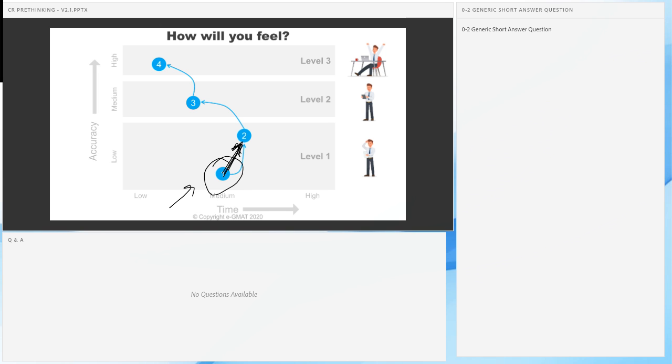How many of you have experienced this? Accuracy has gone up, time to answer questions has also gone up. And that's a very natural thing. Why? Because you're reading the argument slowly, you're taking time during the pre-thinking process. And as you're doing that, you would find that you're learning new things, because there are constructs in the argument that you didn't focus on, which means you never learned how to visualize them. Now you're learning how to visualize them.